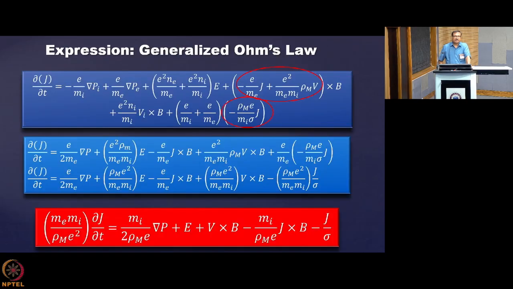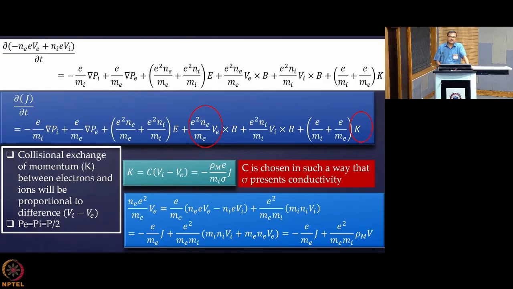Now what we will do is try to reduce the expression. So what we had earlier was this expression for del J del t is equal to this one, and we had planned to replace this term and this term using the expression that we have just arrived at, that is, K will be replaced by this one, and the e square ne by me into v term will be replaced by these two terms. So exactly this equation will be taken into our next slide, and we will replace this by these two terms and this one by this term.